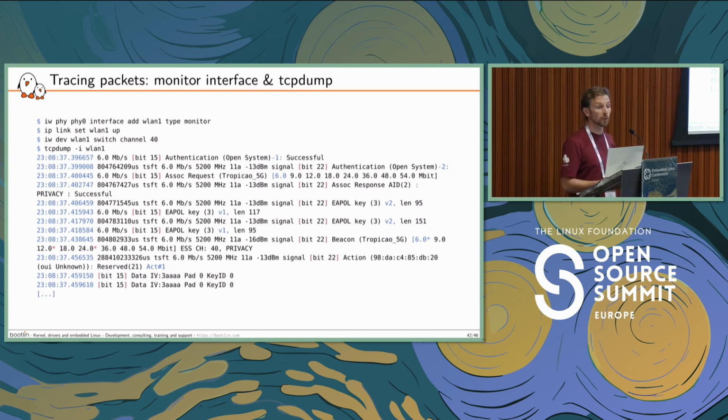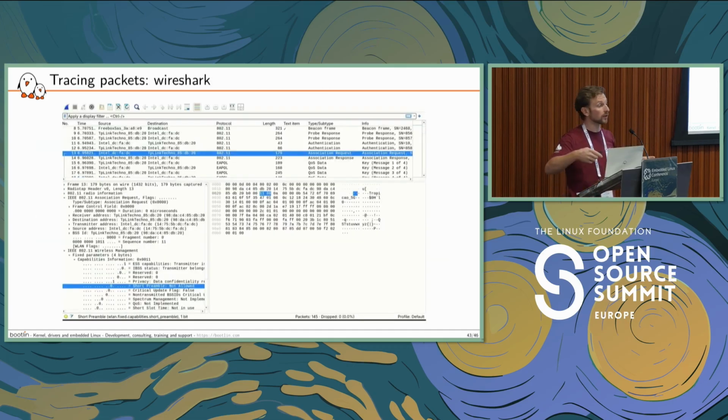And from there, you will be able to see all the 802.11 frames exchanged between your device under test and an access point, for example. So here, I am tracing a whole connection sequence between a device and an access point. Of course, if I can do this in tcpdump, I can do it in Wireshark. And that's even nicer because there I will be able to analyze the detail of every packet generated by my device or received by my device.